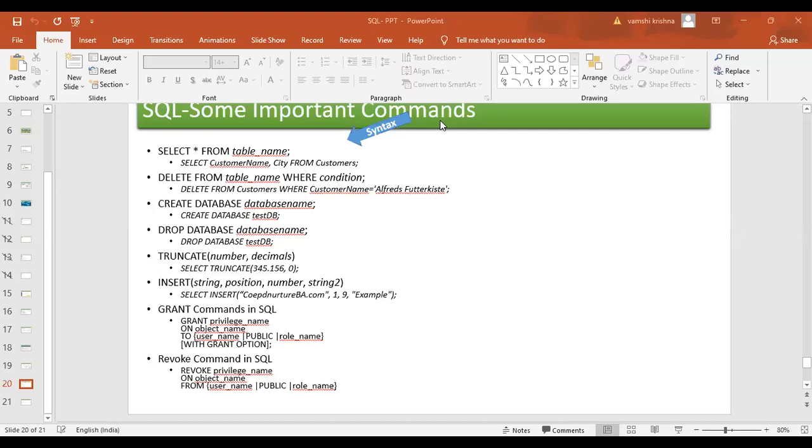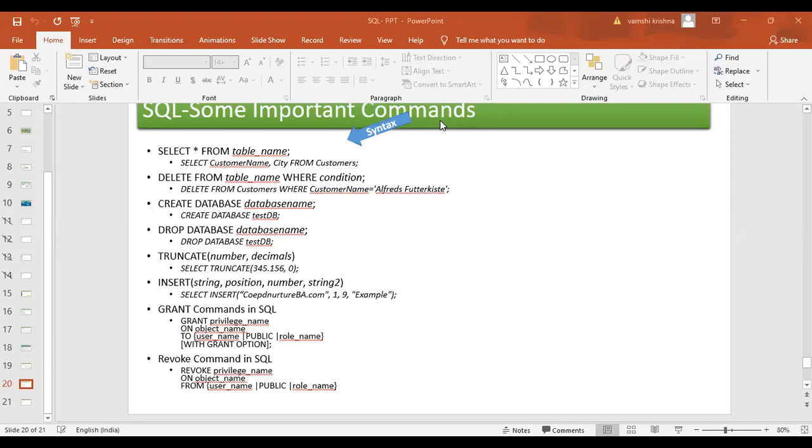If there is a small error or an empty column, it is not properly removed, and that is called truncate. So here we have to give 345.156, whatever is given.